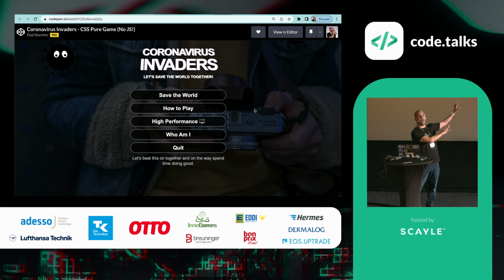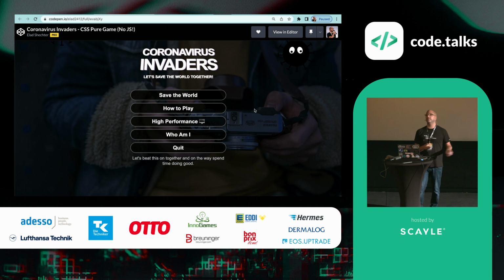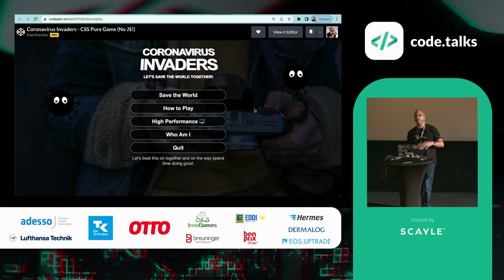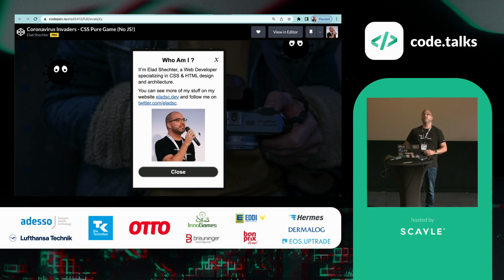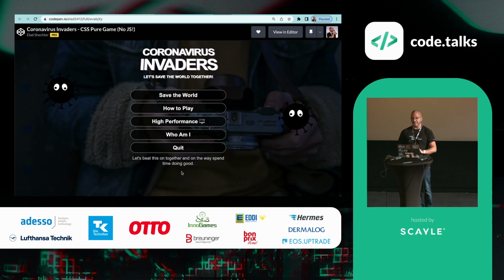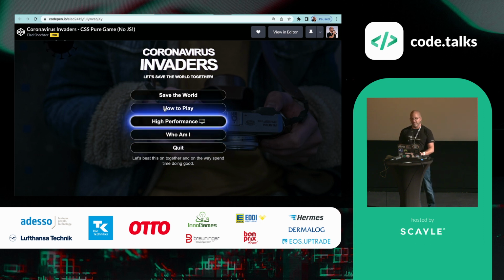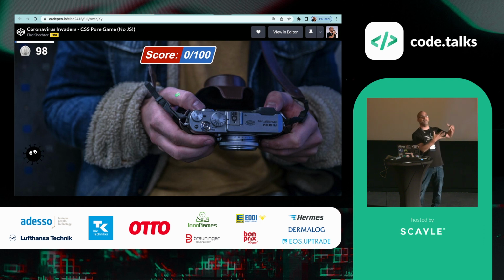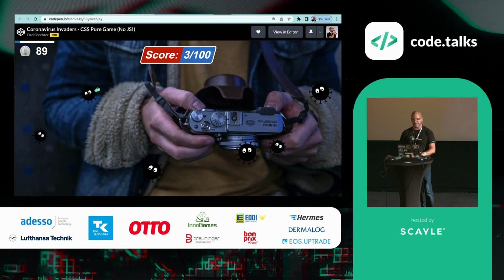Everything that you're seeing right now is built only using CSS and HTML. Yes, for the CSS part, I'm using a CSS preprocessor like Sass, and even for the HTML part, I'm using an HTML preprocessor. But all the logic of this game is done only with CSS and HTML. For example, when I click the menu button, it opens a pop-up, and the logic of the opening and closing of the pop-up is done only using CSS and HTML. And when I click the Save the World button, the play button of the game, it will hide the game menu frame and open the game frame itself.